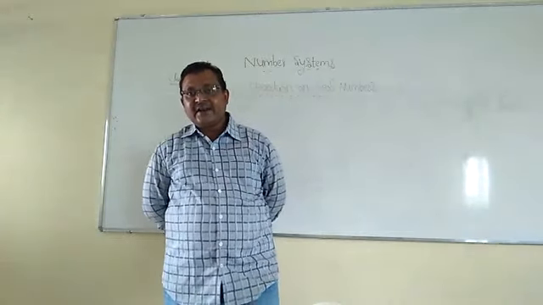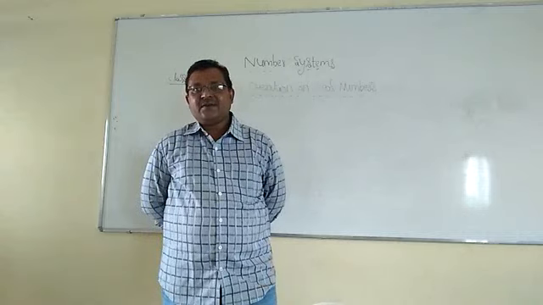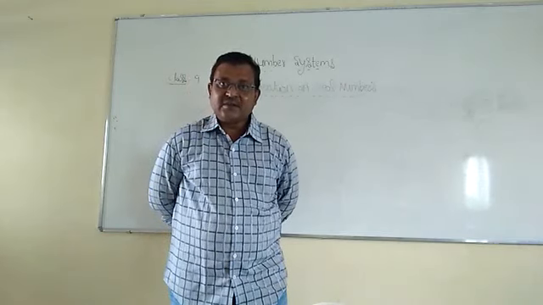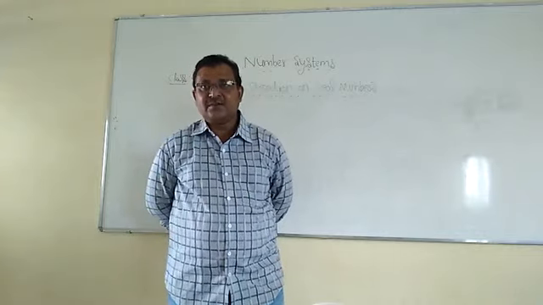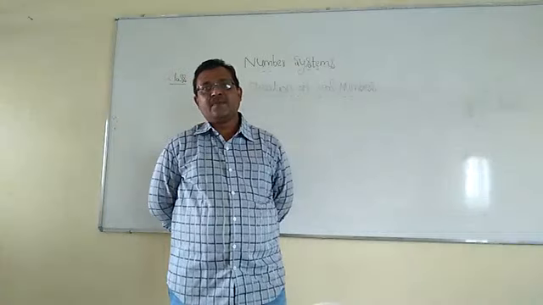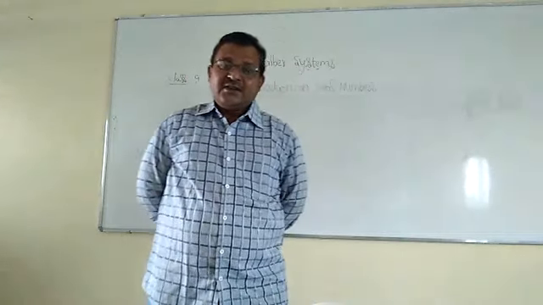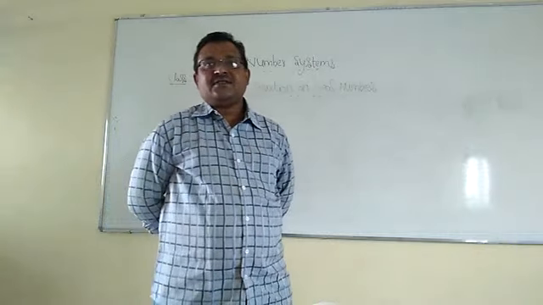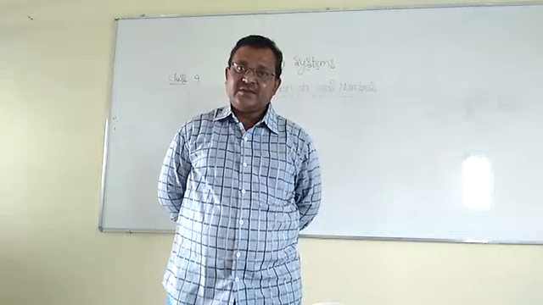If we subtract two rational numbers, then we will get a rational number only. If you multiply two rational numbers or if you divide two rational numbers, then we will get a rational number only. That means it will satisfy the closure property also. And what about irrational numbers? Irrational numbers also satisfy commutative, associative and distributive properties.